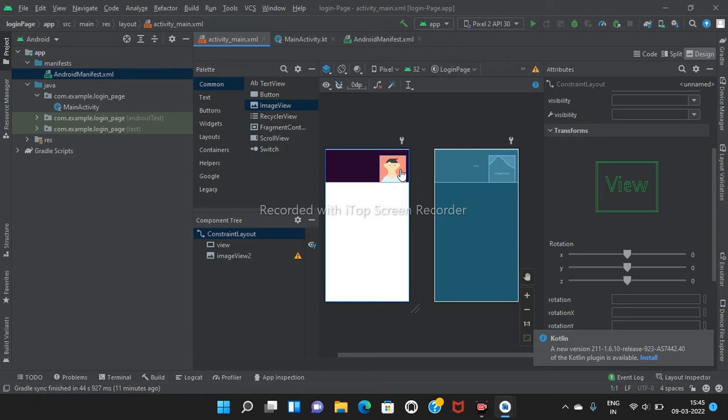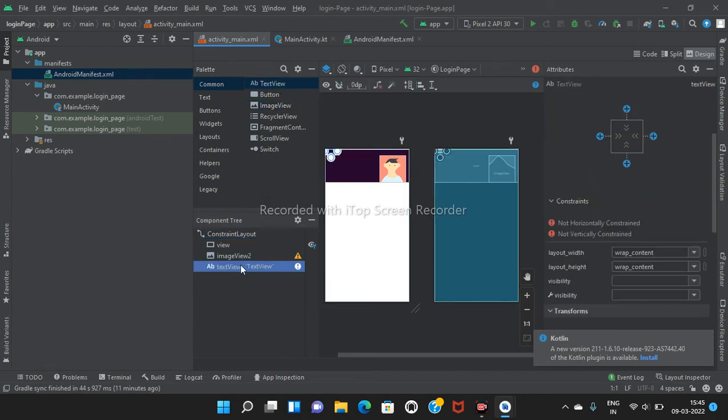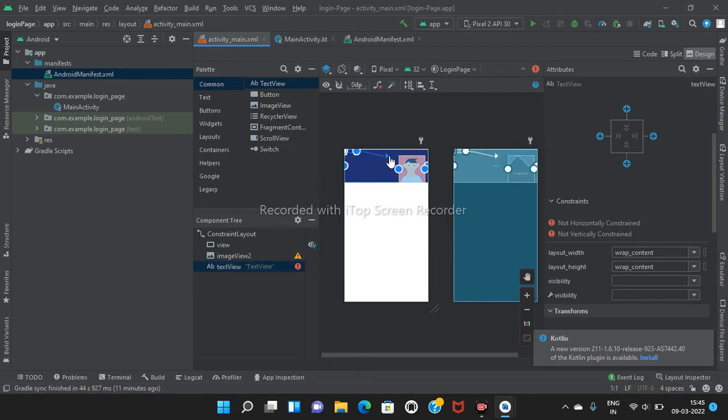The next step is to take a text view, that is to insert or to display the text. So to display a text, I am going to take another view, that is text view. So here it will appear. So I am going to wrap it.